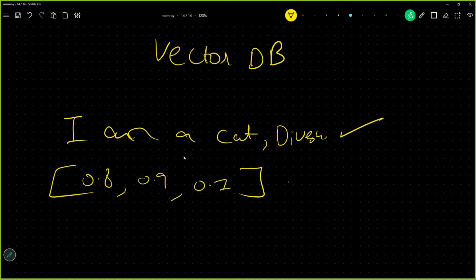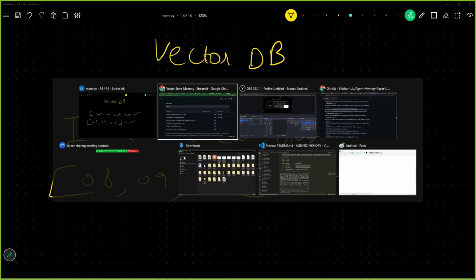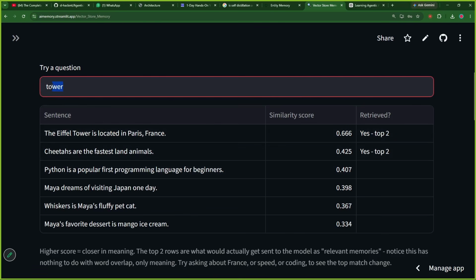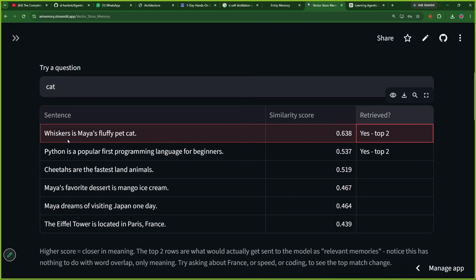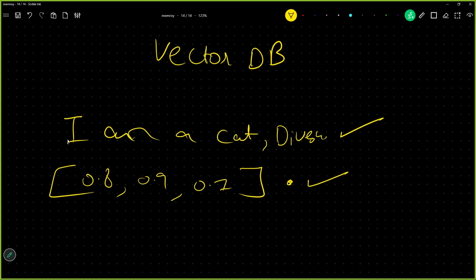So the top similar line will come into the picture, which is what we saw, right? If I simply write the most similar word, cat, this will be the first, and animals will be the second. Animals is the third. Never mind. But you can see cat is first because it is fetching the most similar, relevant information.